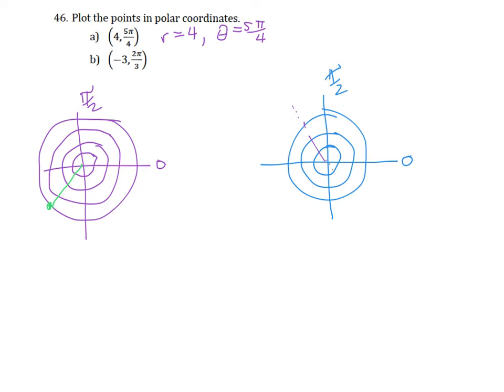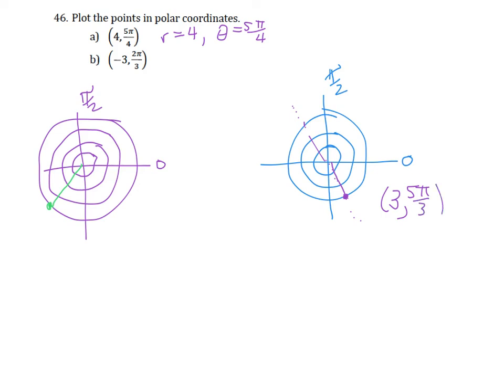So technically, it would bring us down the opposite direction, because the negative gives us the opposite direction, just like a vector does. And so we go the opposite direction 3. So that right there could also be represented as positive 3 on the 5 pi over 3